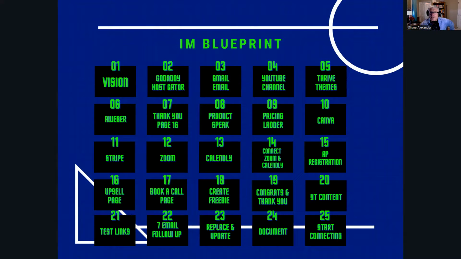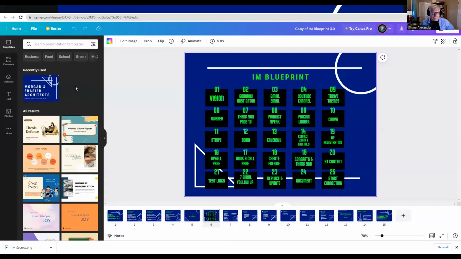So this blueprint is my free gift. This is part of your homework. After you're done playing around on Canva, create a PDF that you can give away for free, but make it worth $100, and give it away for free on your website. All right, so let me get out of this for a second.